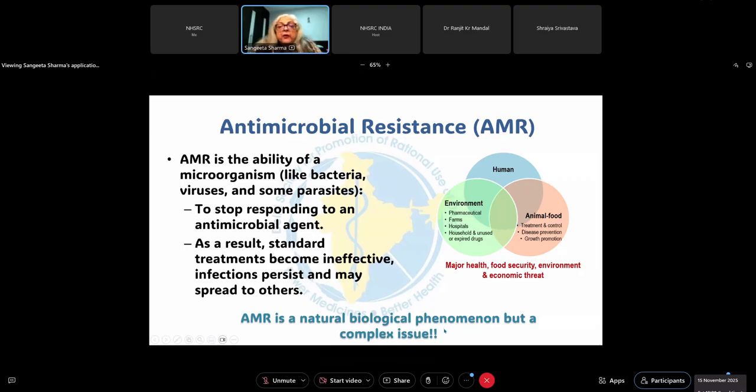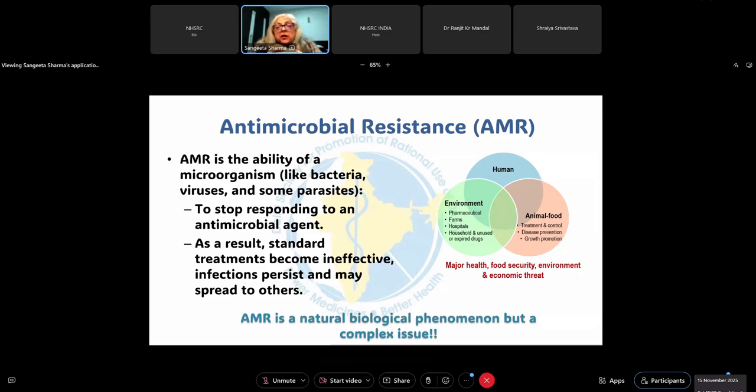In fact, these microorganisms have been in this universe even before we came, and our body is all occupied by these microorganisms. Of course, not all of them are bad bacteria. 90% are good bacteria, which are lining our gastrointestinal tract, nasal mucosa, lung lining, and skin. They are manufacturing vitamins. They are helping us with digestion. They create a barrier for pollutants and infectious agents to enter into the body.